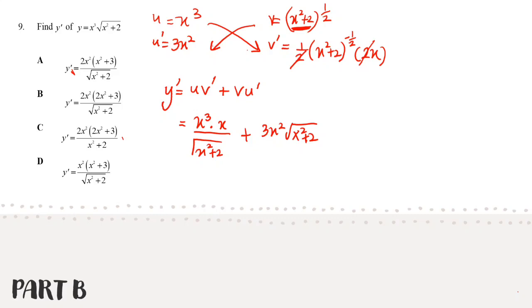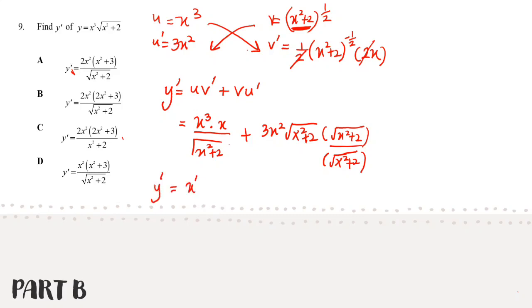What we have to do is to get the answer in a single fraction, so we need to equate the denominator. So the second term we multiply with the square root of x squared plus 2 over the square root of x squared plus 2,